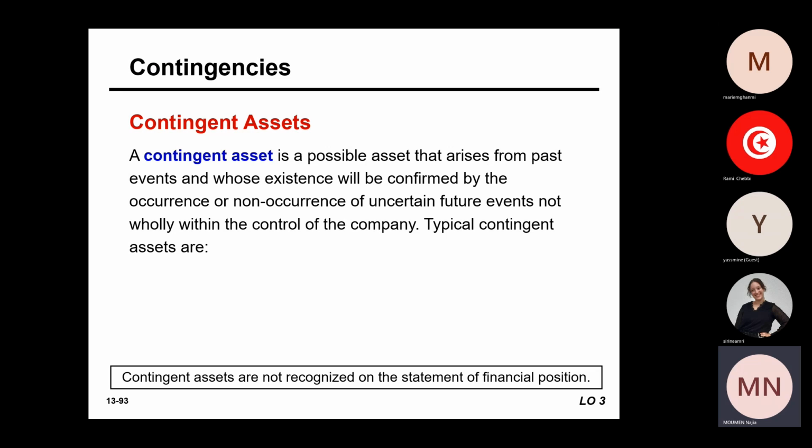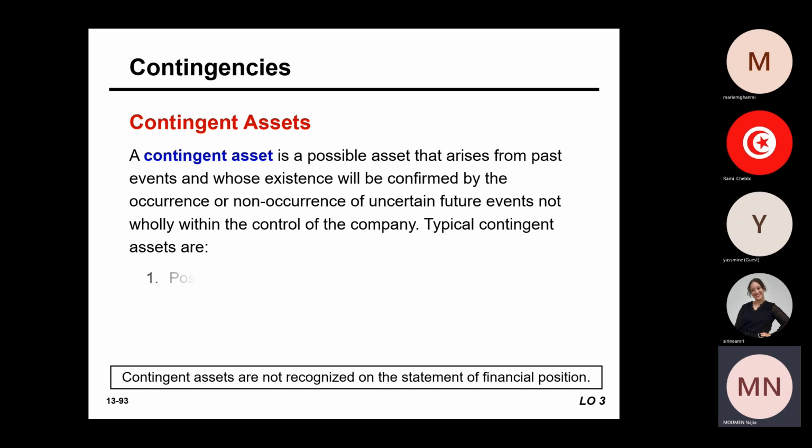It is a possible asset arising from a past event, and the existence of this possible asset is confirmed by what? By the occurrence or non-occurrence of a certain future event, not wholly within the control of the company. So I cannot really have it as an asset if it depends on a certain future event that I don't have control over, which may occur or not. That's what we qualify as a contingent asset, meaning an asset whose existence is contingent on other factors